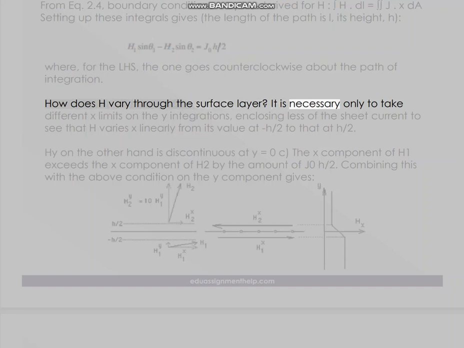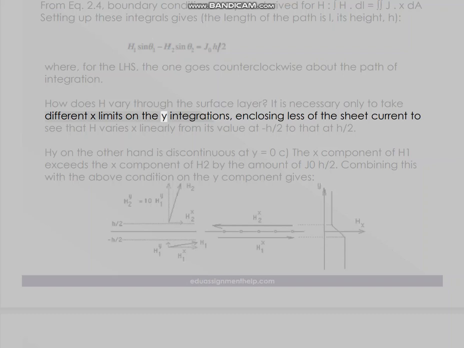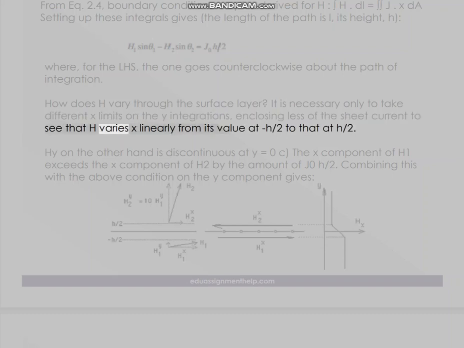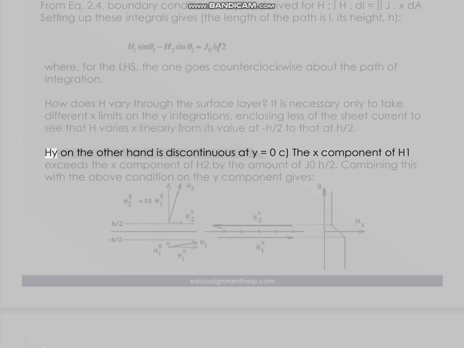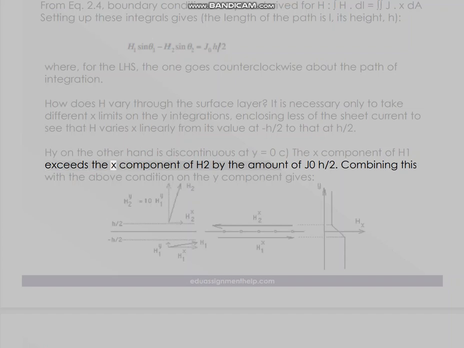It is necessary only to take different x limits on the y integrations, enclosing less of the sheet current, to see that Hy varies linearly from its value at -h/2 to that at h/2. Hx, on the other hand, is discontinuous at y equals 0. The x component of H1 exceeds the x component of H2 by the amount of J0 h/2. Combining this with the above condition on the y component gives